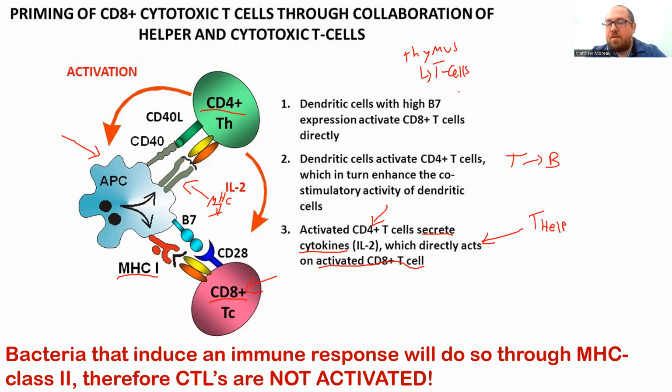And how this works is that as you get older, T cells and B cells develop, and just so we can keep this straight, B cells are made in the bone marrow. So the thymus creates T cells,